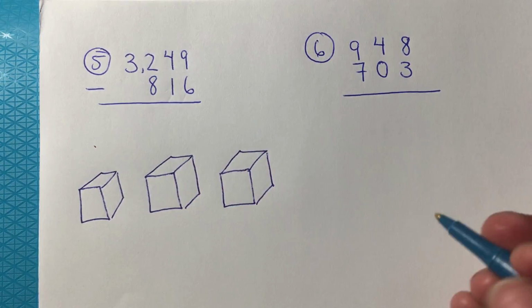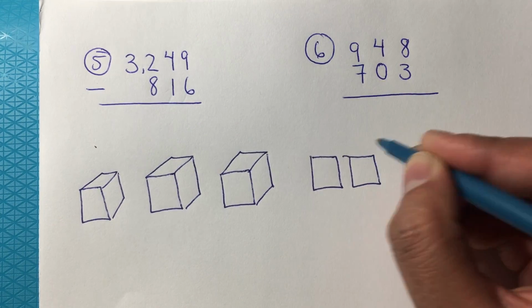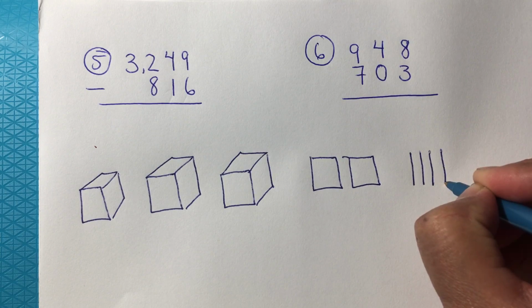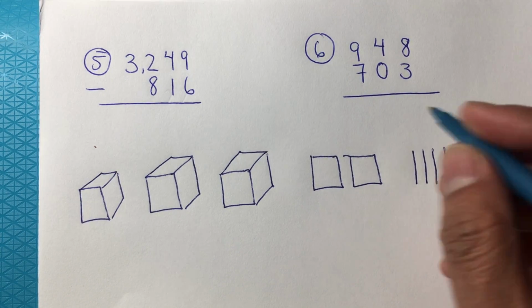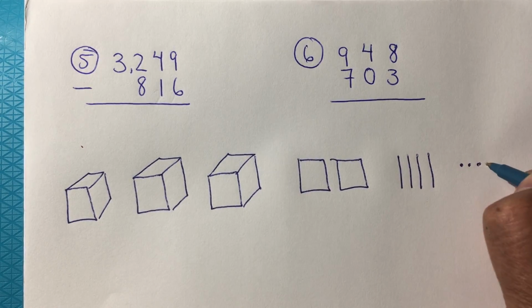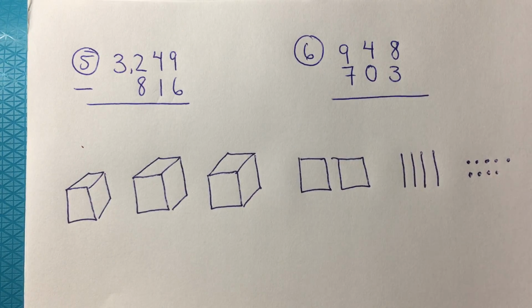3,000. 200. So remember that the hundreds is a square. 40. 1, 2, 3, 4, 10. So 10, 20, 30, 40. 9. So 1, 2, 3, 4, 5, 6, 7, 8, 9. Okay, so